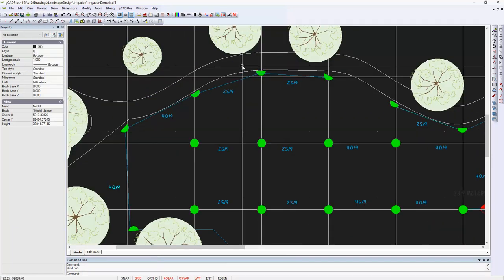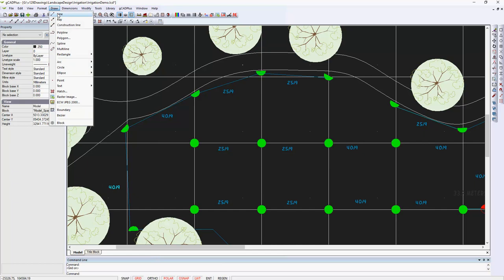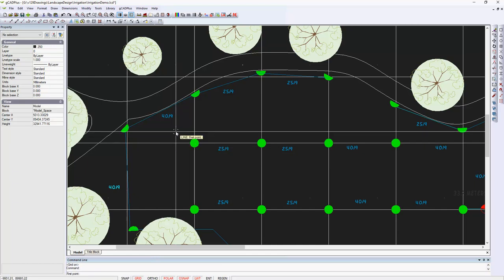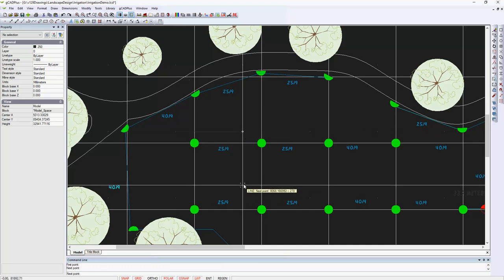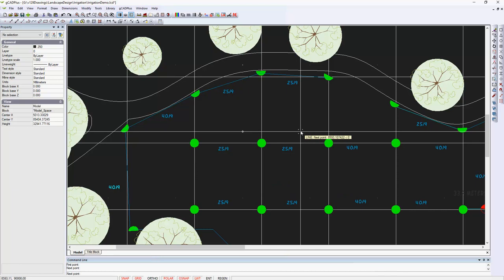You might just be able to pick up, here's a major grid point and minor grid points, so I can actually draw or insert a block from one major grid point to another. If I put snap on, click down in there, snap is now on. Can you see, so I can snap to one grid point and to another and to another grid point like so. And that should give us